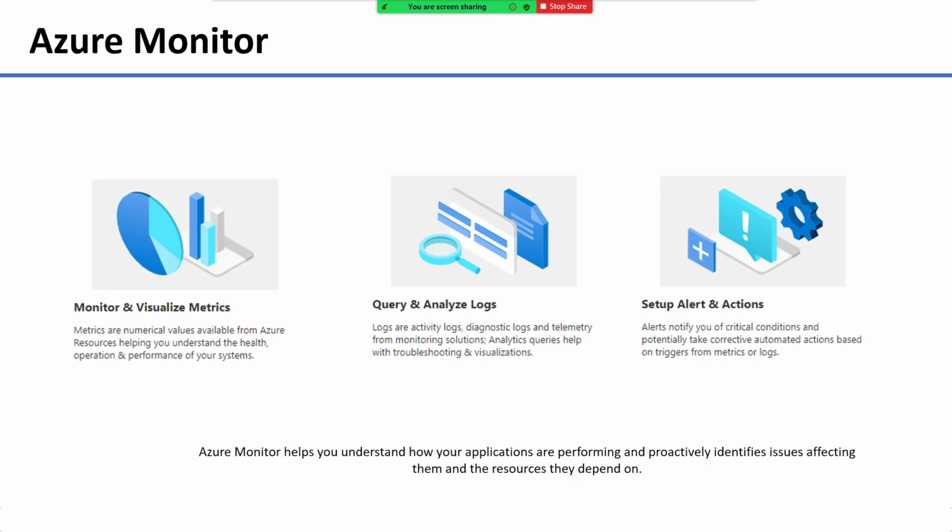For example, the application is going to fail, or for the last 5 minutes the application is experiencing some issues, or someone in the past has tried to change your storage account keys. Definitely you would like to alert the respective person. So you can set up alerts and actions by using Azure Monitor.